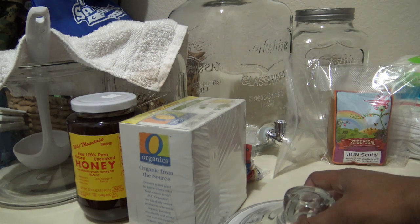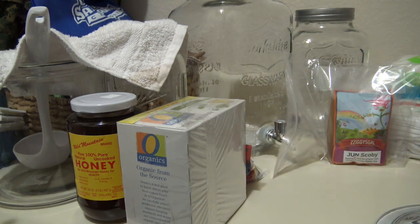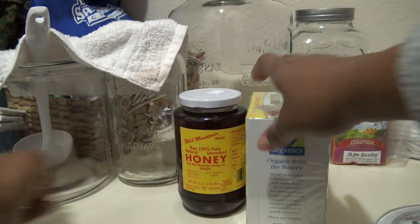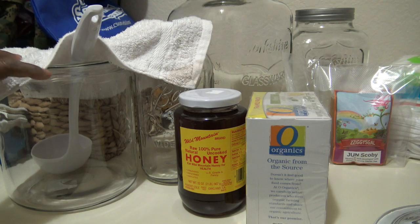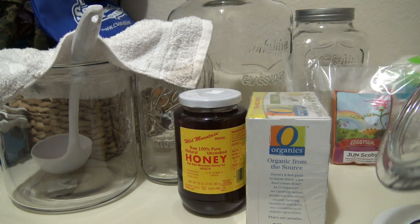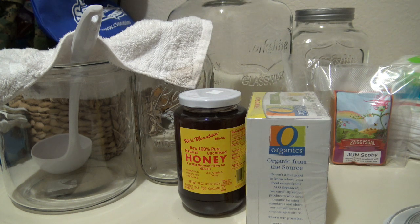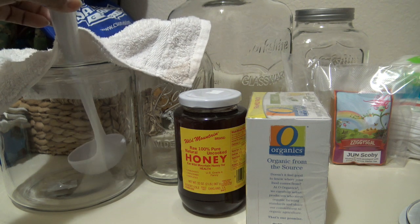So I took the lid off my jar. I have a jar here I got from Walmart very recently. It's just an Anchor Hocking made in US jar, so it's pretty much lead free. It's food safe, and this is the lid, which we're not going to use. But if you're going to make like maybe pickles or something, you would definitely put that loose cap on there. I didn't have a ladle, so I went and bought a ladle real quick. This is just like a plastic, almost feels like a melamine, but this is just to help me